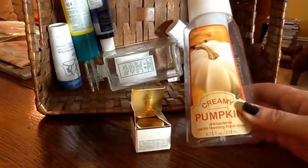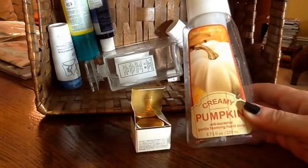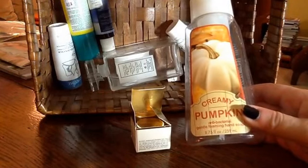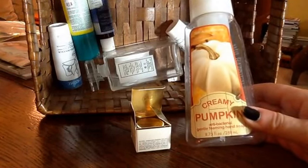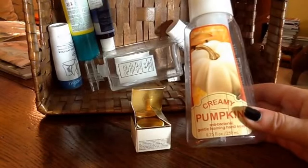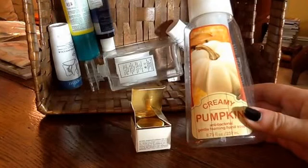I love these Bath and Body Works antibacterial foaming hand soaps, and I use them in the wash basins of the sinks in the bathroom, in the kitchen and so forth. They are slightly rough on the hands. I do think they dry your skin a little bit if you're using them multiple times a day, but I do feel that they get your hands nice and clean, and they have all